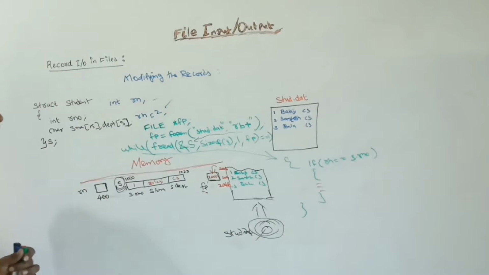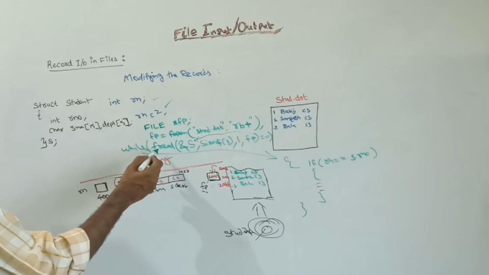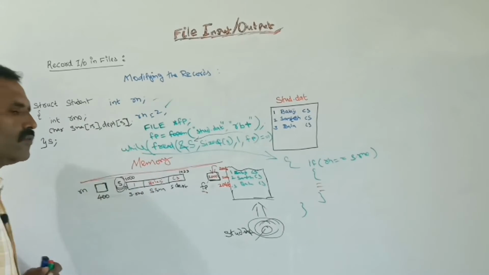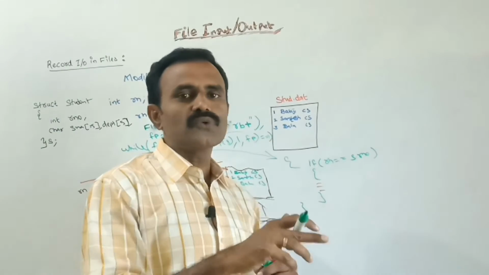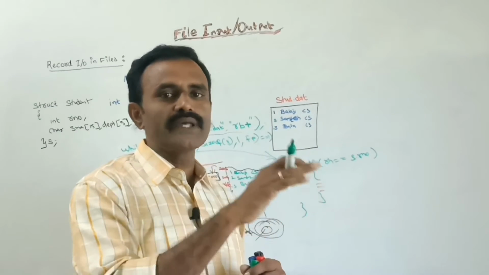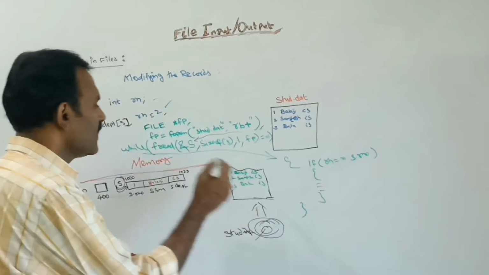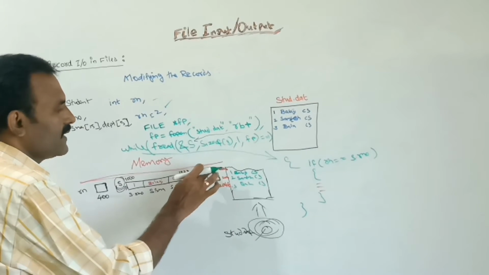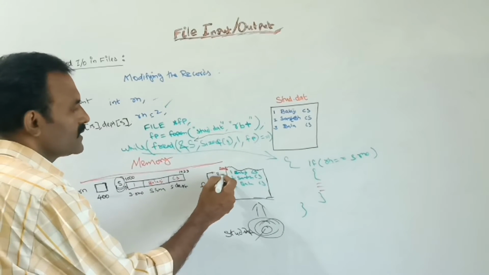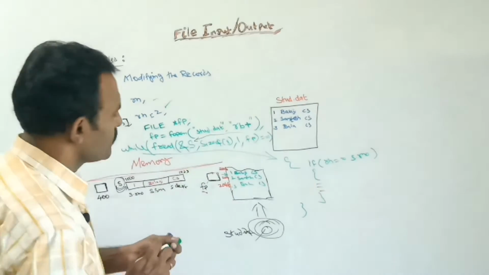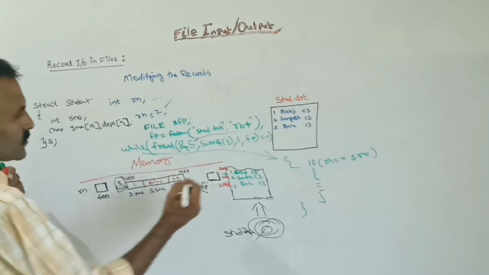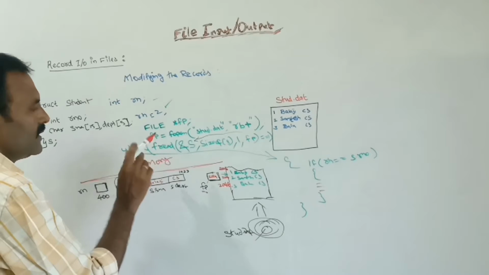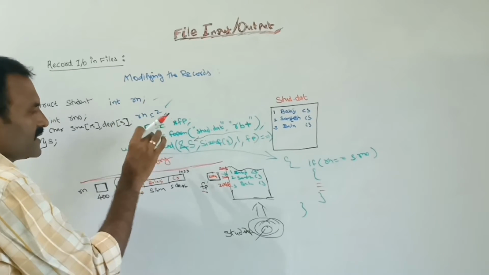Say the while loop is not completed. Next, again it will read the second record. See, in the previous class we have already seen write and fread. Once it is finished, the file pointer automatically moves to the beginning of the next record. So after completing this one, the file pointer moves to the current position, now 1024, because for each and every step it moves 24 bytes, because each and every record has 24 bytes. So this will happen for each and every record.